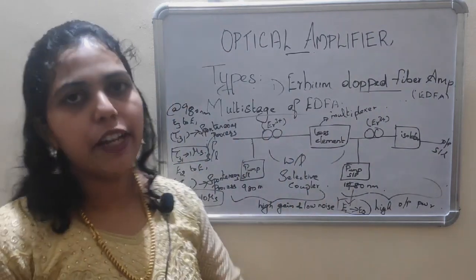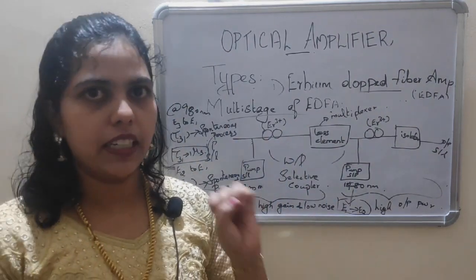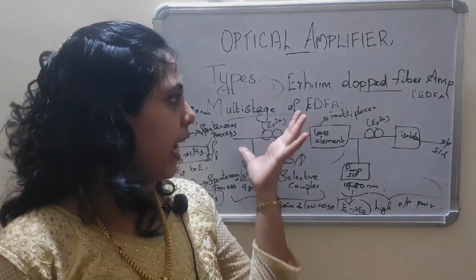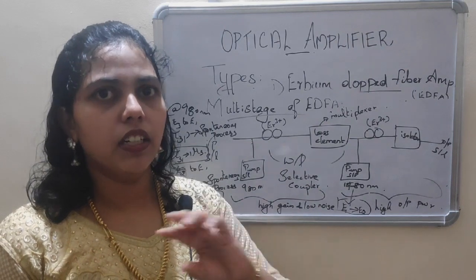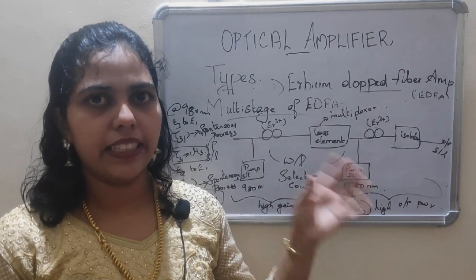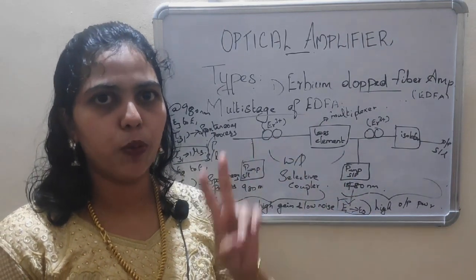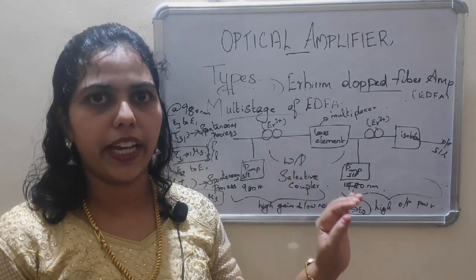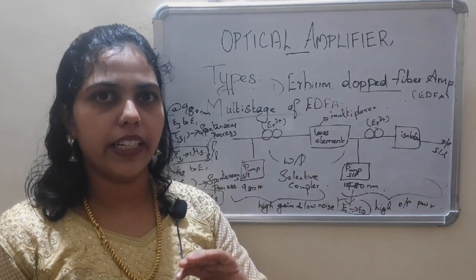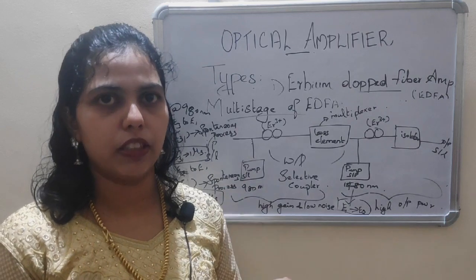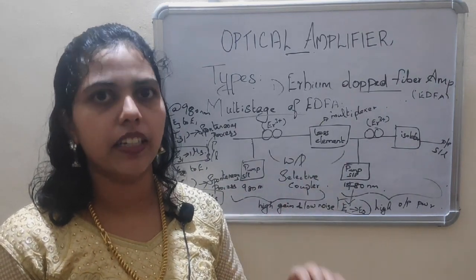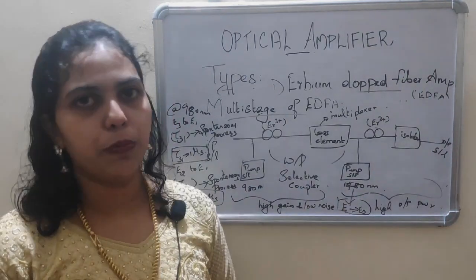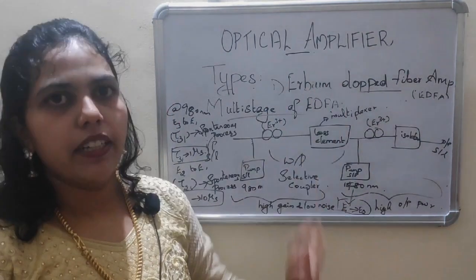So for EDFA, we have discussed features, principle of operation, and the two stages of EDFA. EDFA means, shortly, the core is doped with Er3+, in a length of silica fiber. Two pump signals are used at the range of 980 nanometer and 1480 nanometer. A two wavelength coupler is used for separating and combining, an isolator is used to avoid reflection, and next comes the output signal. These are about EDFA.